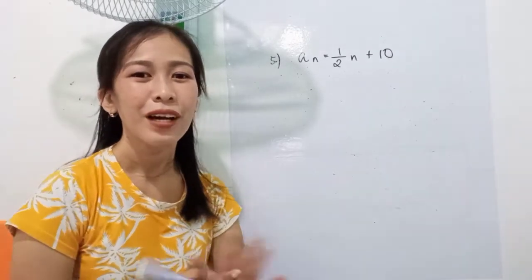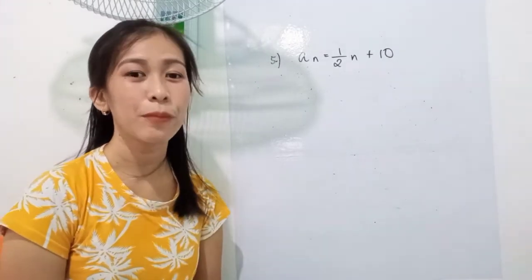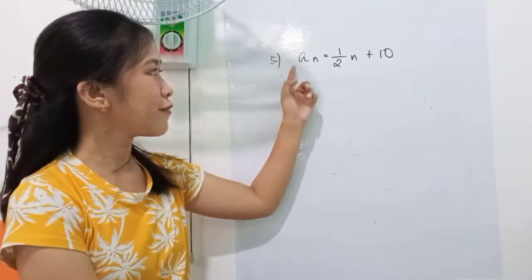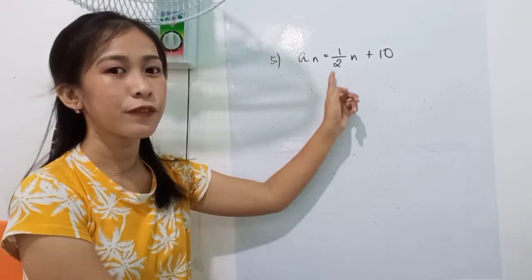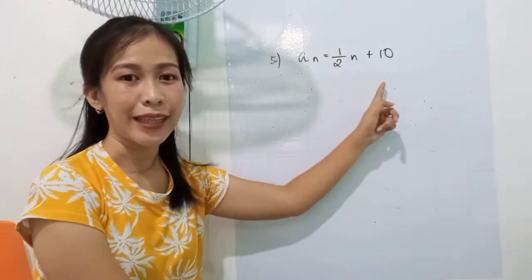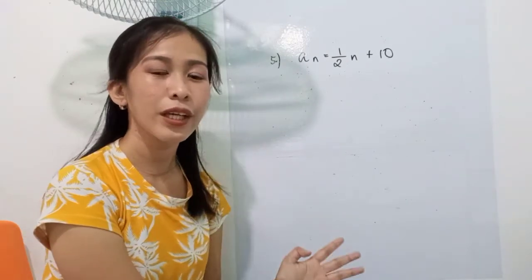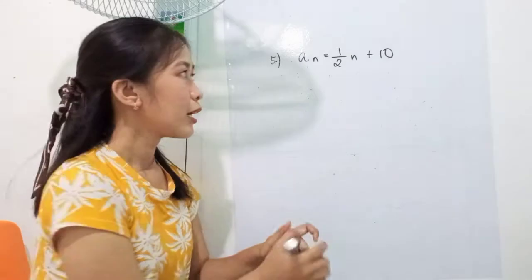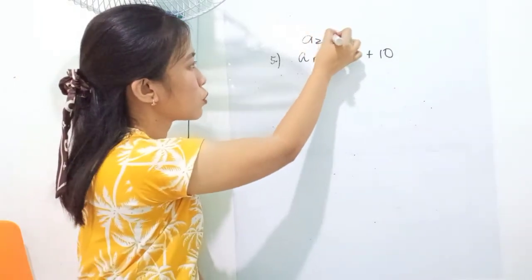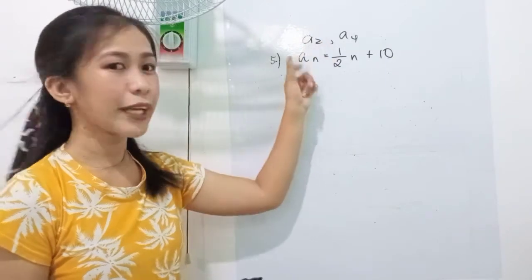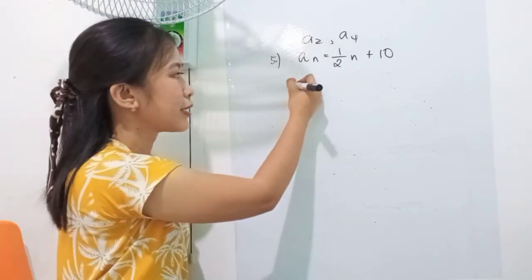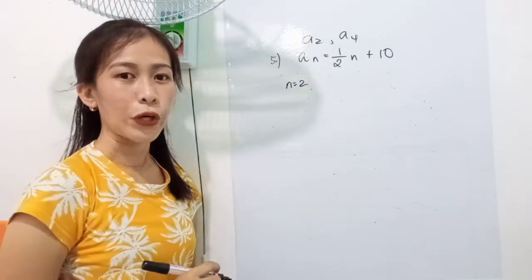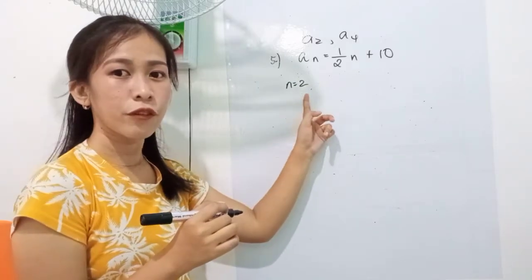Okay, so for our example number 5, or the last example, we have a sub n is equal to 1/2 n plus 10. Okay, so what are we going to do in here is to find the second and the fourth term. Hanapin daw natin si a sub 2 at saka si a sub 4. So what are we going to do is to first find a sub 2. So where n is equal to 2, of course. And then substitute the value of 2 to all the